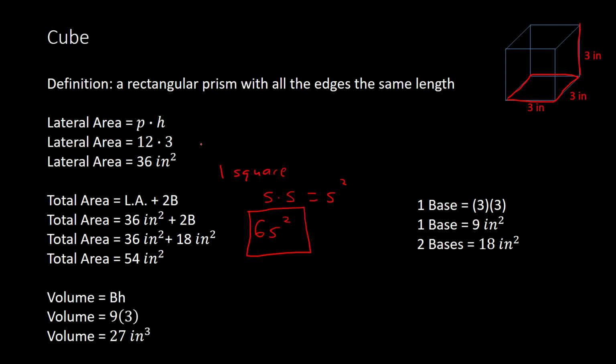And then I guess even for the lateral area, we have 4 sides that we're dealing with. So everything but the top and the bottom. So we have 4 s squared for the lateral area. And then for the volume, we have the area of the base, which is side times side, multiplied by the height, which is the same length as the side. So we take side times another side, which would equal side to the 3rd power. So if you wanted, you could use these 3 shortcut formulas to find lateral area, total area, and volume, or we could just use the regular